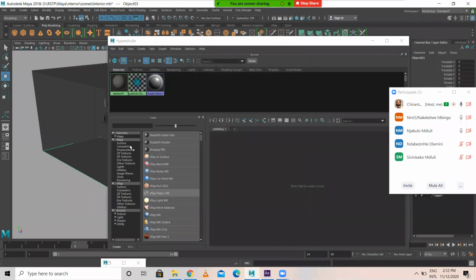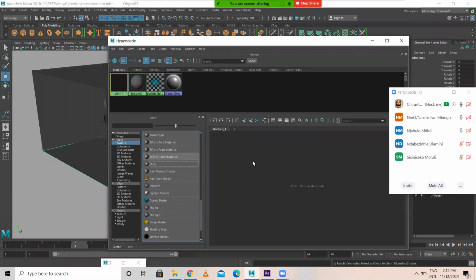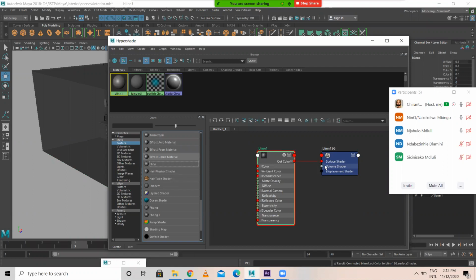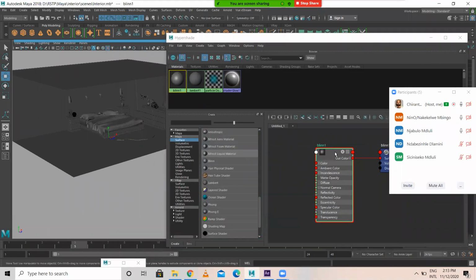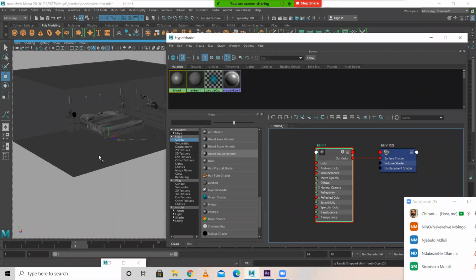Now let us take only Maya Software surfaces. Last class we have seen Lambert, Blinn and all. Let me select Blinn. You have to come to Surface here. Under Maya Surface, you have Blinn here. Blinn will have a specular area, so it will give specularity. I'm going to apply Blinn over here. Press 6, you can see the texture. Middle click, drag and drop to the floor.